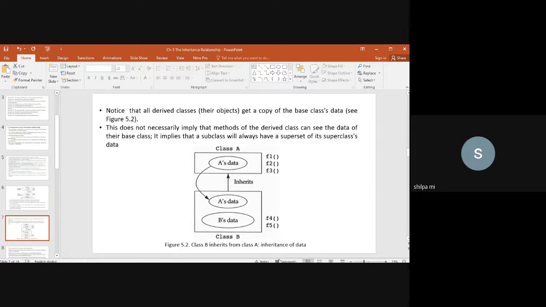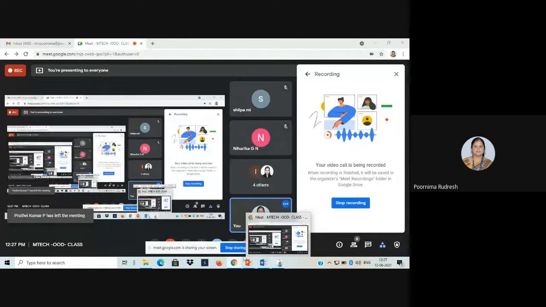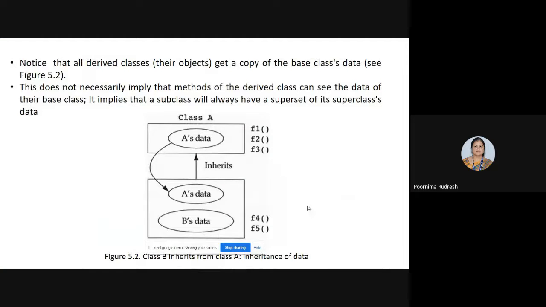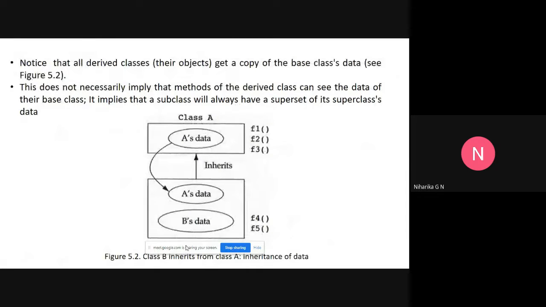No, ma'am. Just a minute, I will change this. Stop presenting. Just a minute, I'll present the screen once again. Now, is it visible? 5.2? Yes, ma'am. 5.2 is visible, right?